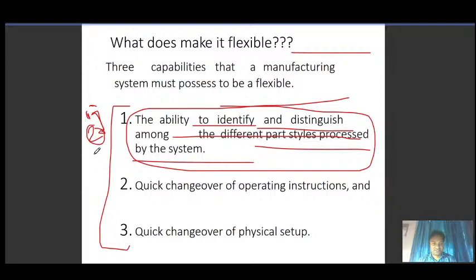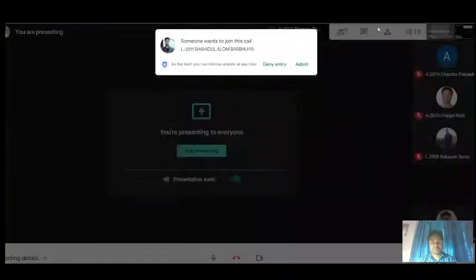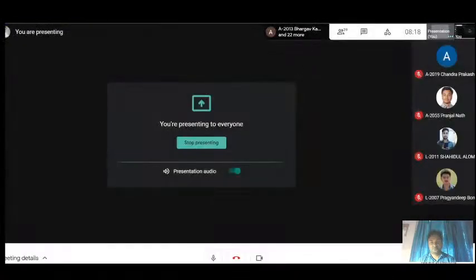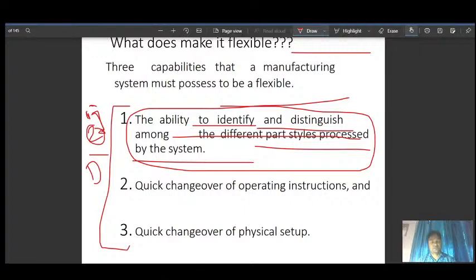So this one is done at the designer stage, and at the manufacturing stage the machine does not differentiate the part at the start. The machine only performs the given command.